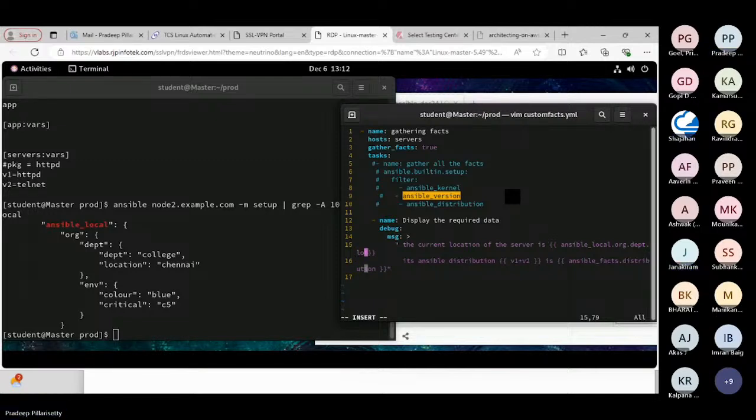Okay. Right, and you also want the environment. Let us say its department is or its environment. If you want to change it, that also you can do. It's the next line. Yeah, that is the next line. Here you will say its environment. Criticality is okay. Remove that, and here you will say, remove this v1 v2, not required. Okay, and ansible_local dot